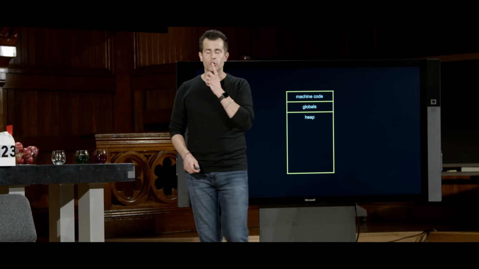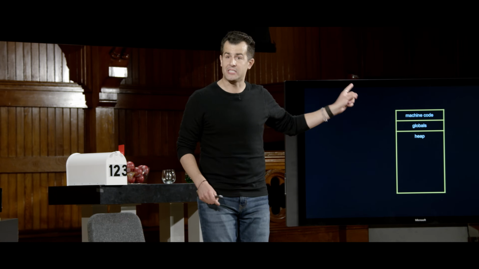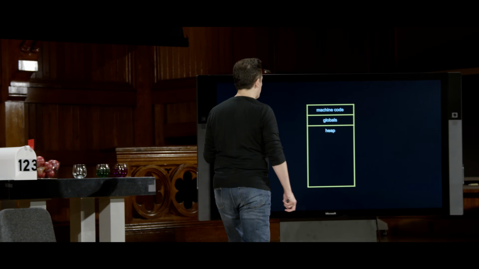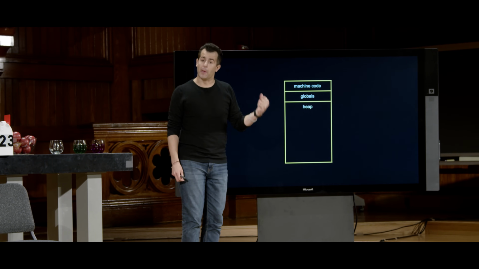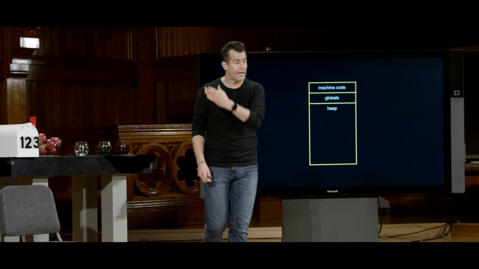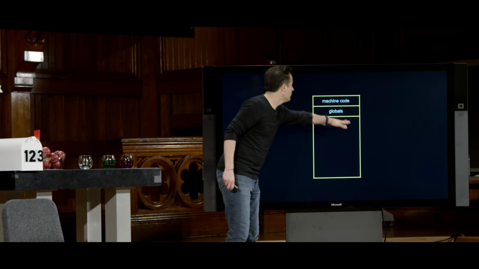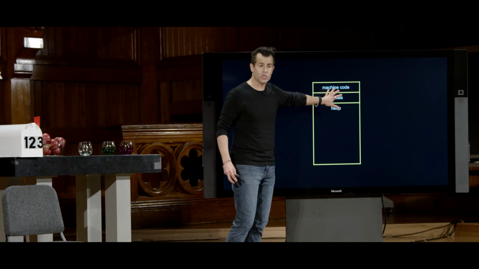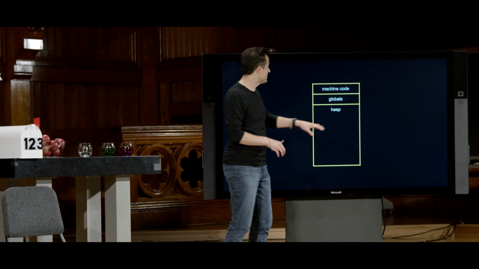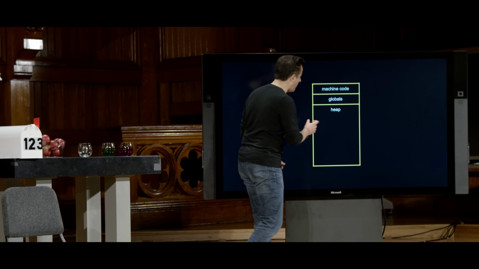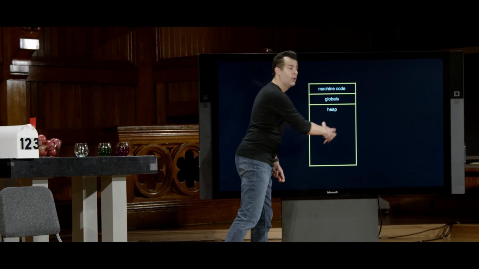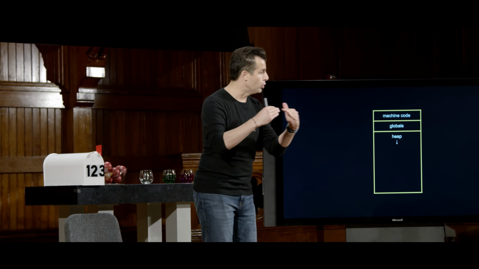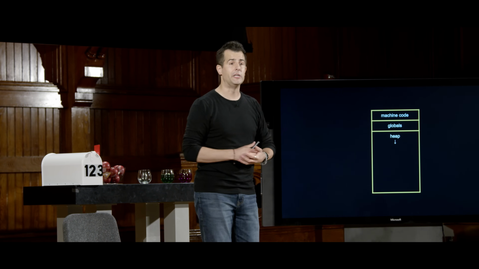Below that is a special chunk of memory called the heap. And Valgrind gave us a teaser of this word a moment ago. The heap is a big chunk of memory where you can allocate memory from. And in fact, if you call malloc, as I did once before, that memory is going to come from this region of the computer's memory, below the global variables, below the machine code, because that's where Clang and compiler designers decided to draw memory from. So every time you call malloc, you're carving out more and more bytes for your program to use. And that heap grows conceptually downward. The more memory you use, the lower, lower, lower it gets in this artist's rendition.